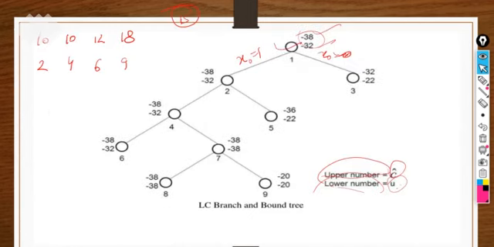So to find the cost, if we are in the starting node, how have we calculated this 38 and minus 32? We know we have to take the minus symbol, because for minimization purposes we have to change the sign, because it gives the profit in maximization form and we need the answer in minimization. So we have to take the negative symbol each and every time to calculate the upper bound and cost.